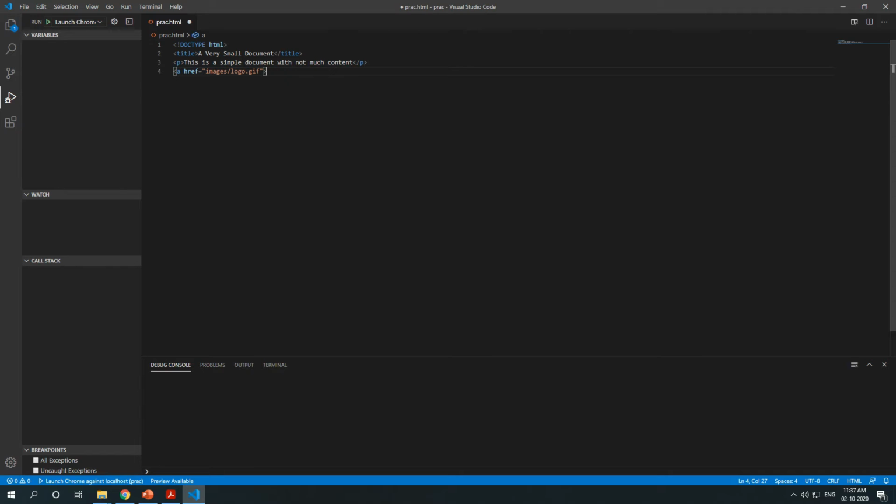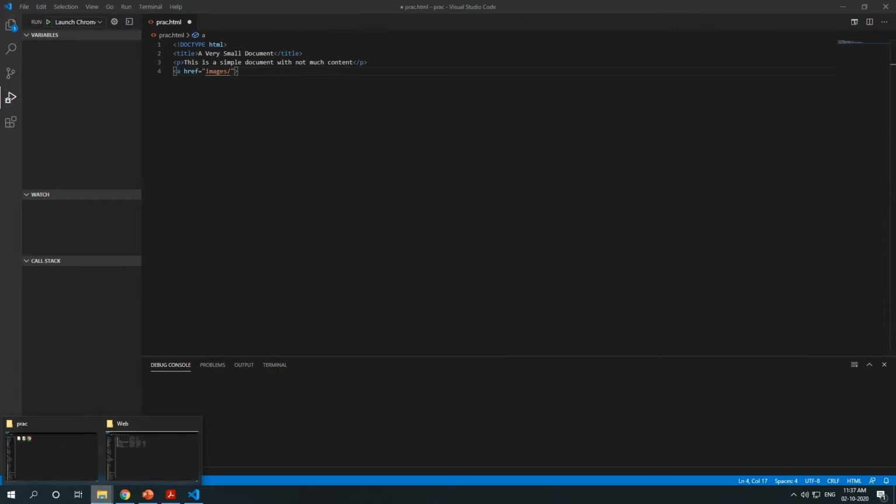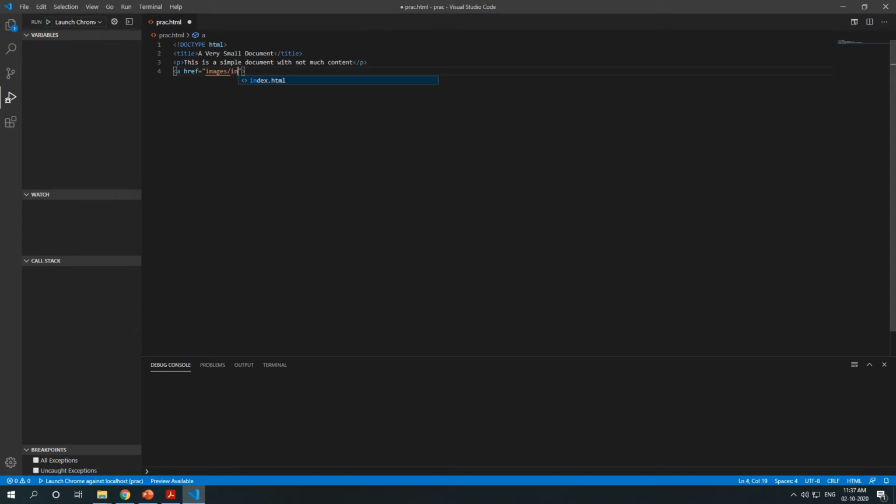So here I am using the anchor tag, and the folder name is images. So what file am I calling? index.html. Okay, sorry. Now after that, again the text hello, then we close this anchor tag. Done. Now run it.